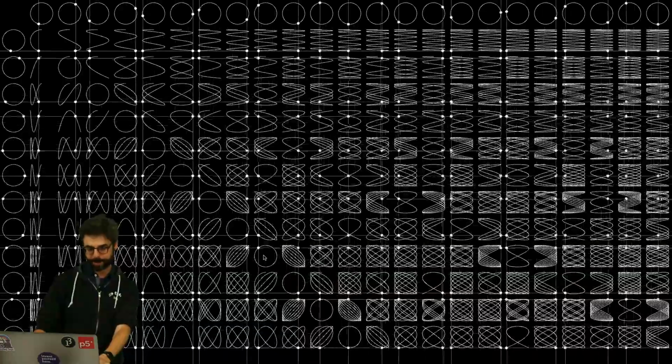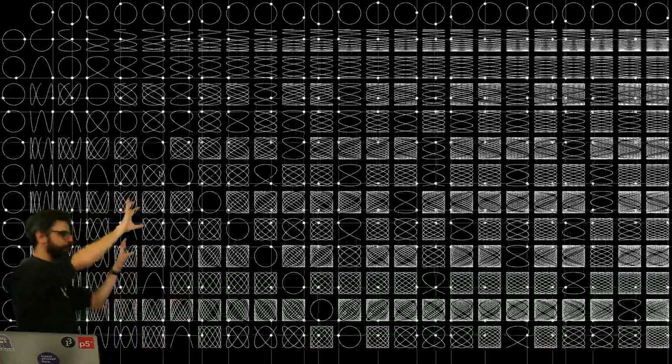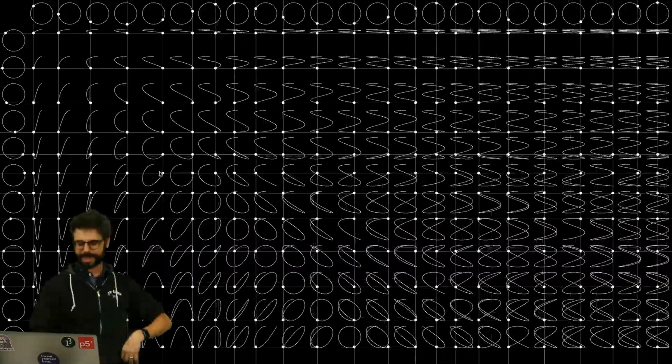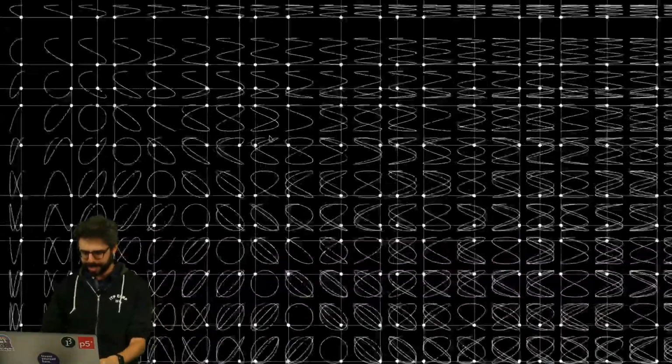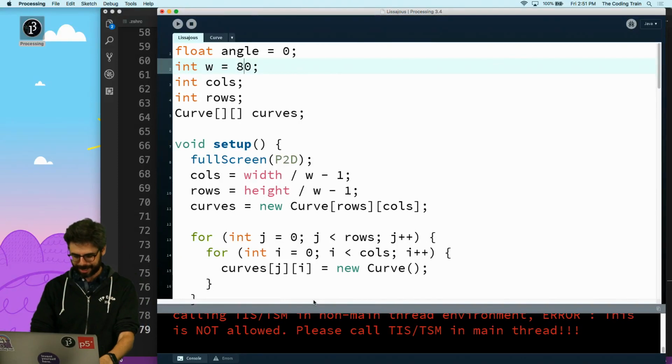And by the way, you should see here, of course, as they're going the same speed, they should always be circles. So you can see these interesting patterns here based on the ratio of the column to the row. So this really should be divisible more nicely so that it fills out, and you could do so much more with color and stuff like that. I probably should make these dots also a ratio of the size, so the stroke weight should be a ratio. But let's look at what that error is, because people are going to be wondering.